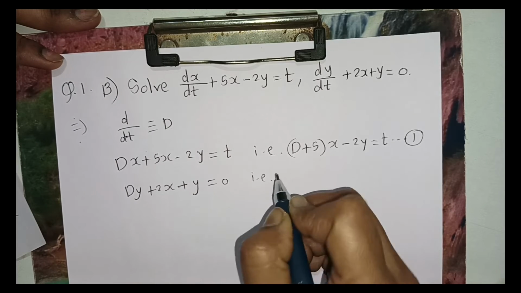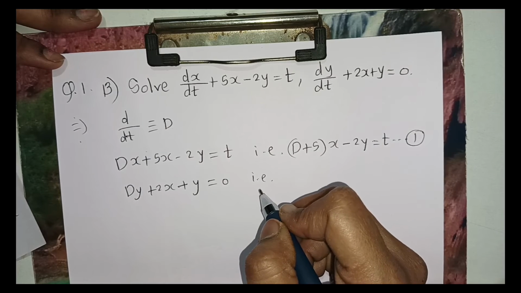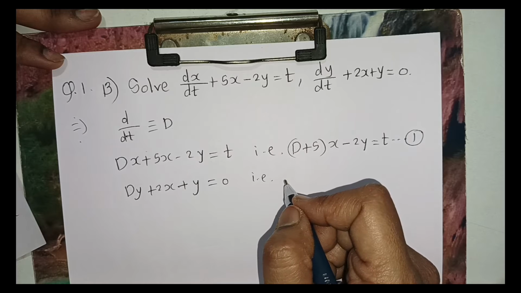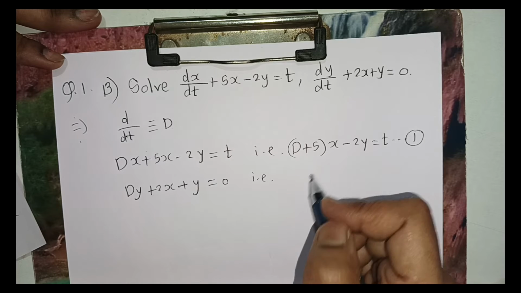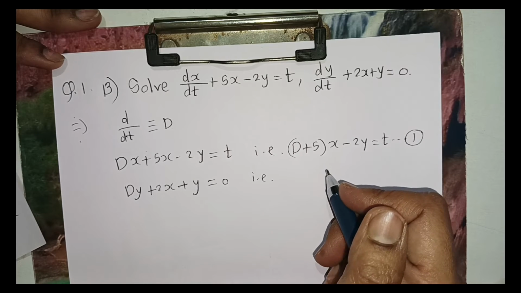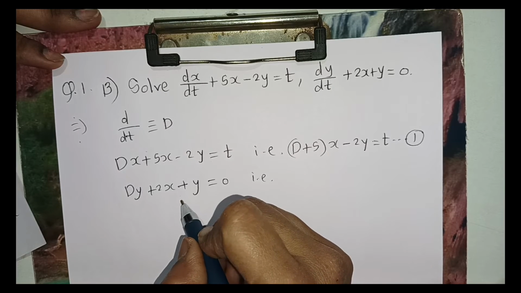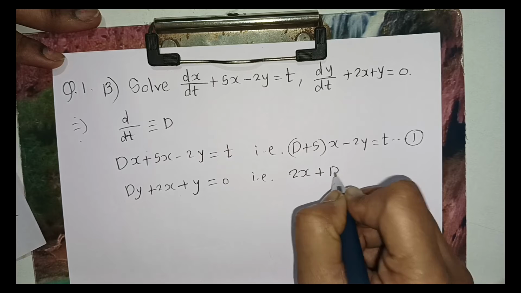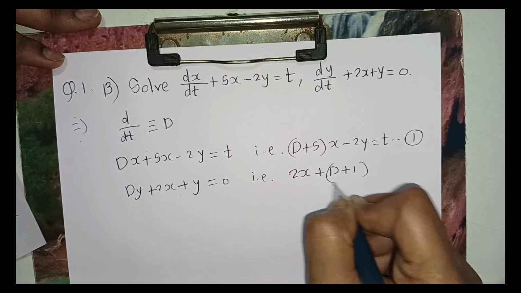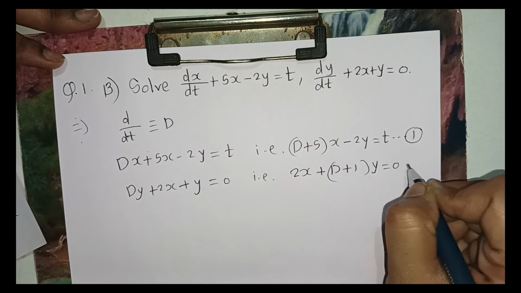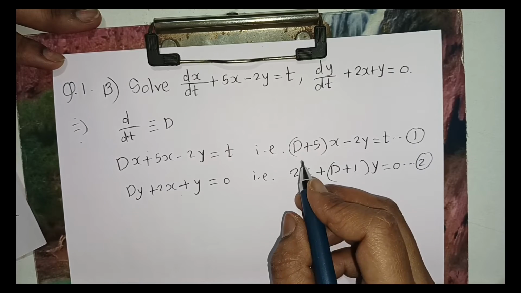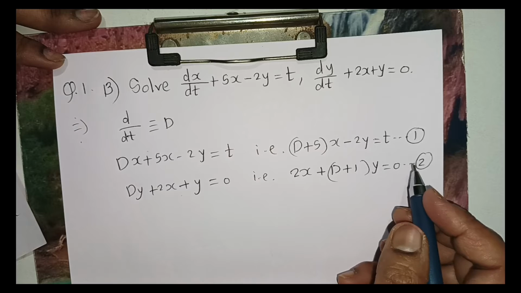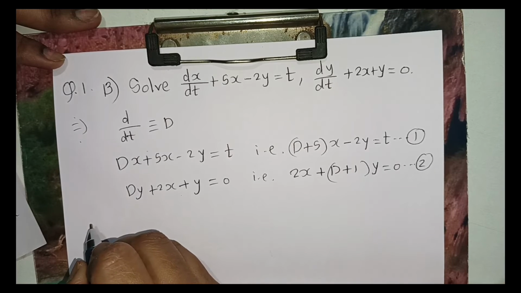Now we are going to use Cramer's rule to solve this example. In such type of examples you have to maintain the order: take x first and then take y. So you have to rewrite this equation in the order. Take this 2x first, plus (D plus 1) operating on y is equal to 0. So this is your second equation. Now coefficients of x are D plus 5 and 2, so the coefficients are in order. So by using Cramer's rule,